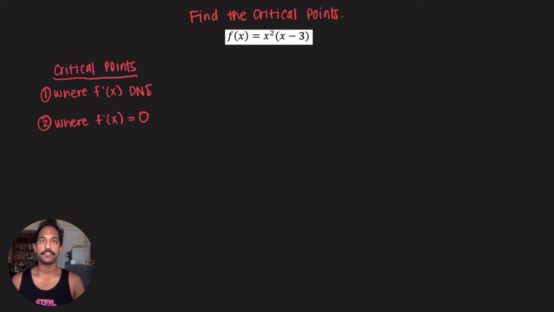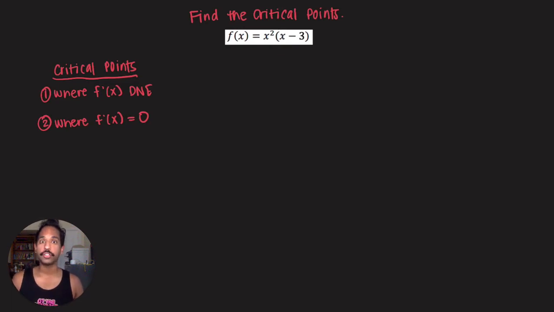We're asking this question to find the critical points of the function f of x, which is defined as x squared times x minus 3. Now, there are two criteria in order for a point to be a critical point. The first one is it has to be a location where the derivative doesn't exist, and also a location where the derivative equals 0. So in order to be able to do any of these, we need to find, well,